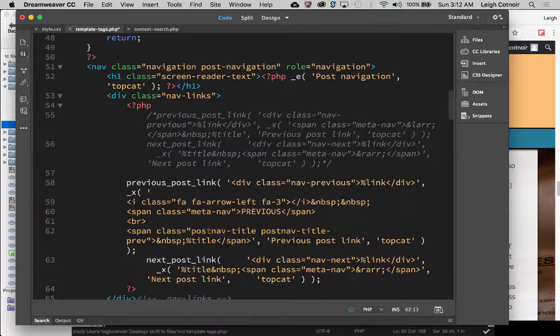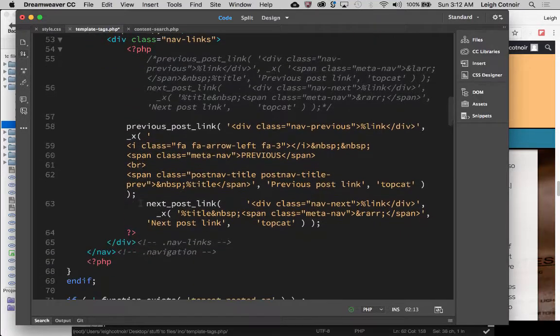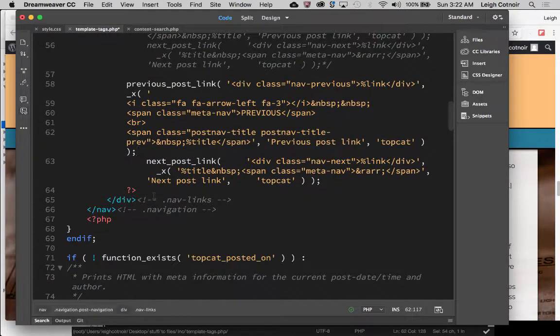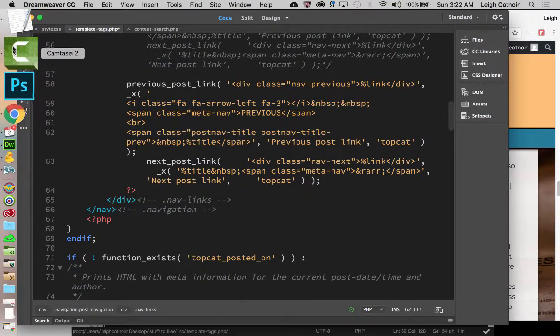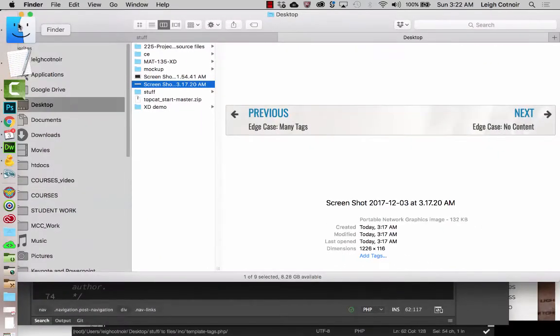And then I will leave this the way it is because this will print with these carriage returns, and that's okay. It's not a big deal. That's just easier for us to see the order of events. And the reason that's going to be helpful, let me show you the styling that I